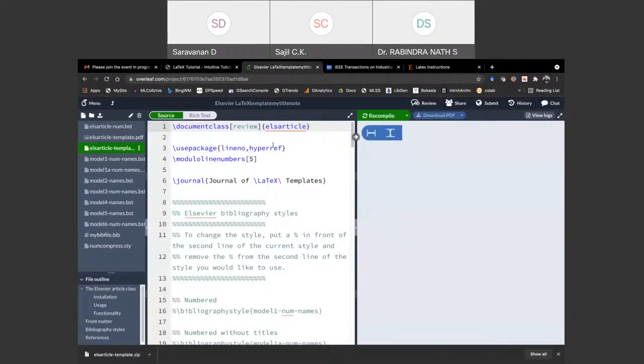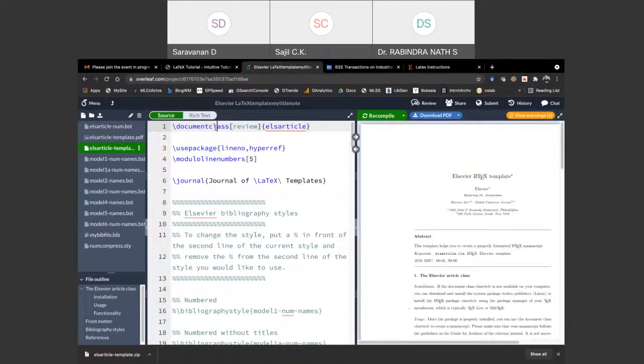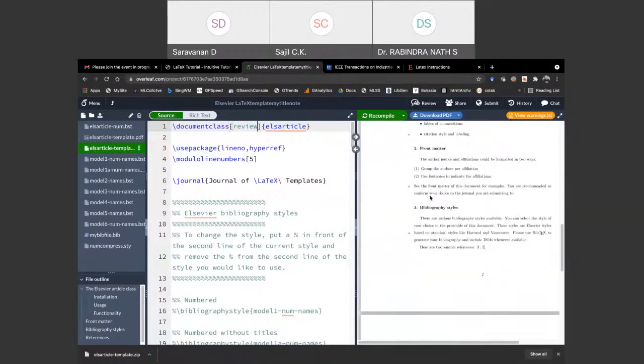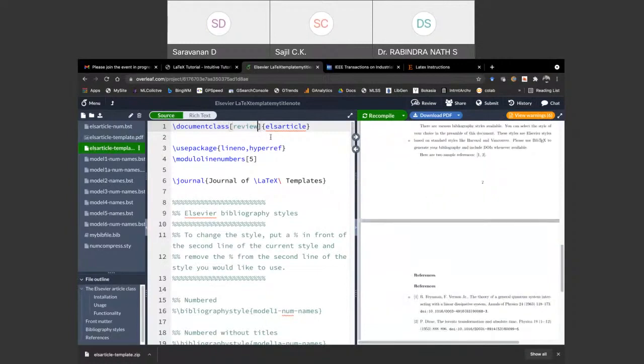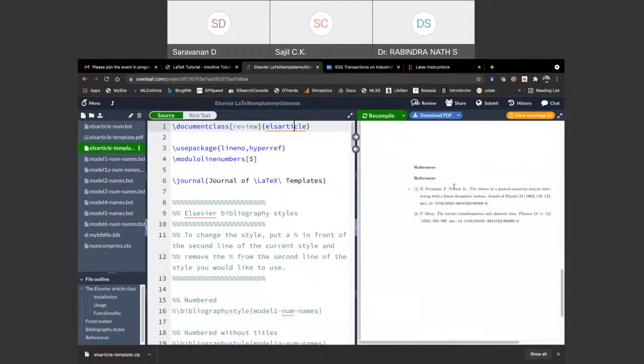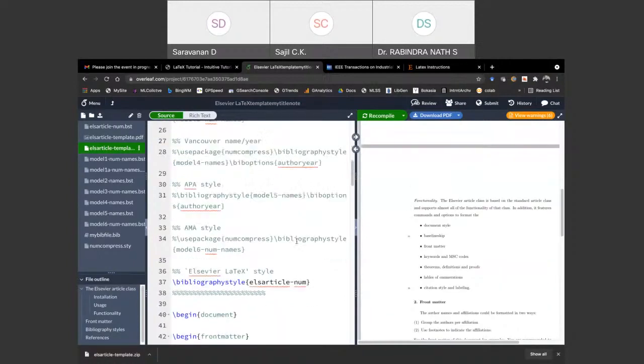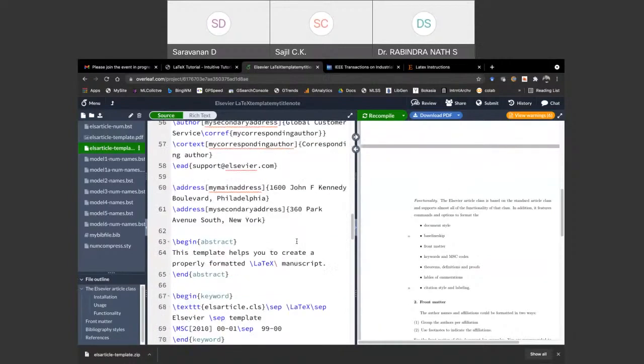You only need to insert the content. It is a document class of type review. First it goes to review, and once it is approved and accepted, they will change the format. This is the submission format with, I think, 1.5 line spacing, and the class is elsarticle. Every setting, like font size and citation, is built in, so you just need to insert the content.